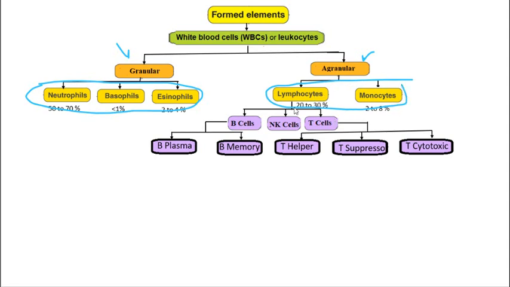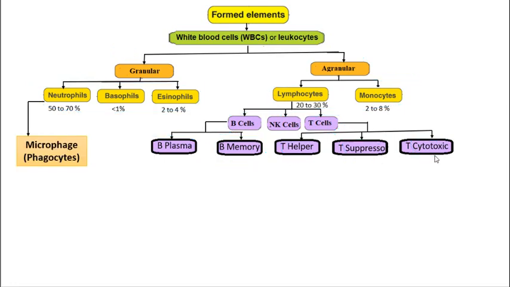We know that the lymphocytes further divide into three different types of cells. They become B cells, natural killer cells, and T cells. Then B cells differentiate into memory cells and plasma B cells. T cells differentiate into helper cells, suppressor cells, and cytotoxic cells. So let's look at the